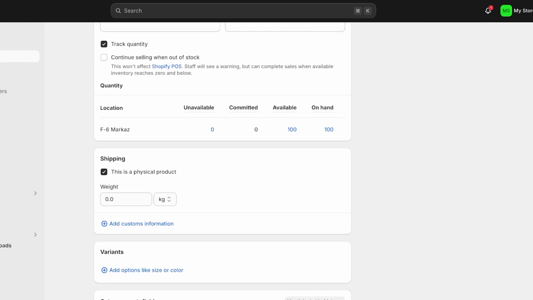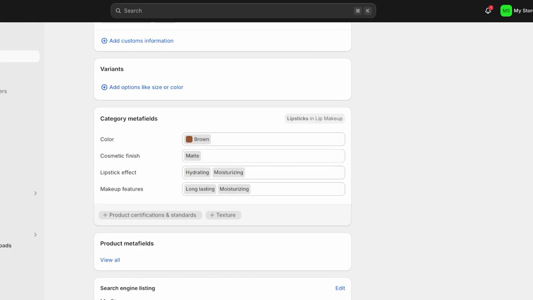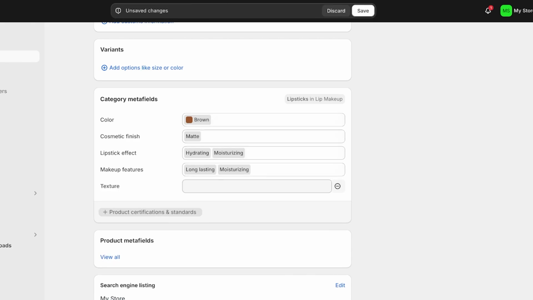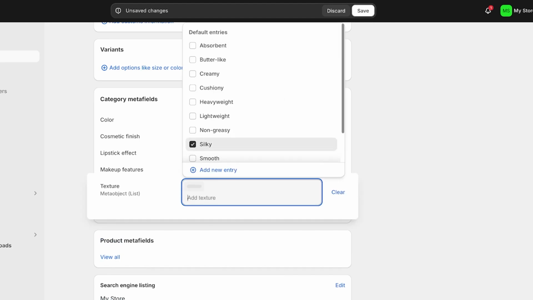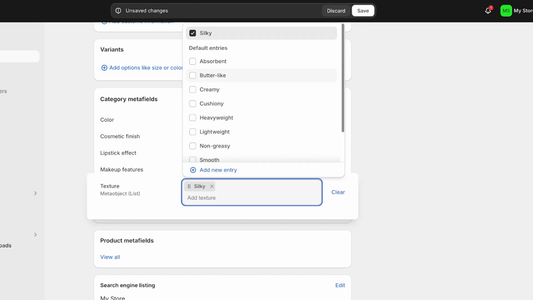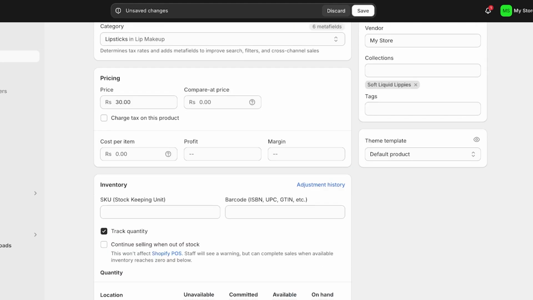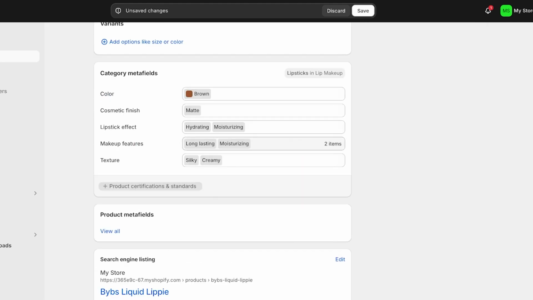Then if I scroll down, if you go under variants over here, you have category metafields. So over here, you can see your product metafields as well as category metafields. You can go on ahead and proceed with adding more metafields. So for example, the texture of this is maybe silky, and this is going to be silky and creamy. Then below that, we can add product certifications as well. As you guys can see, we have all of these particular category metafields, and we can click on save over